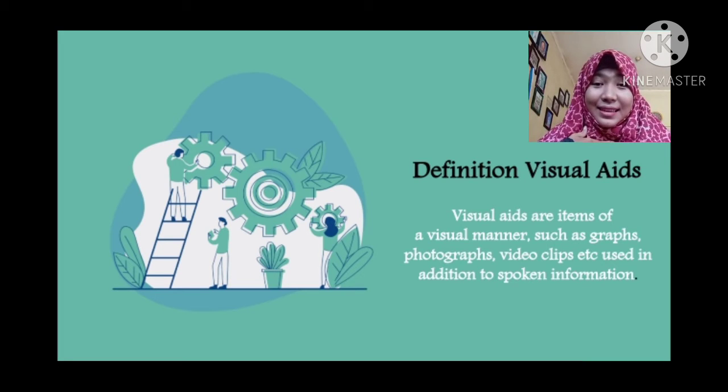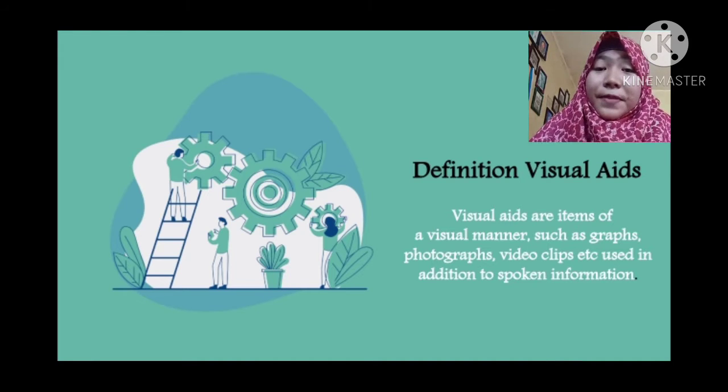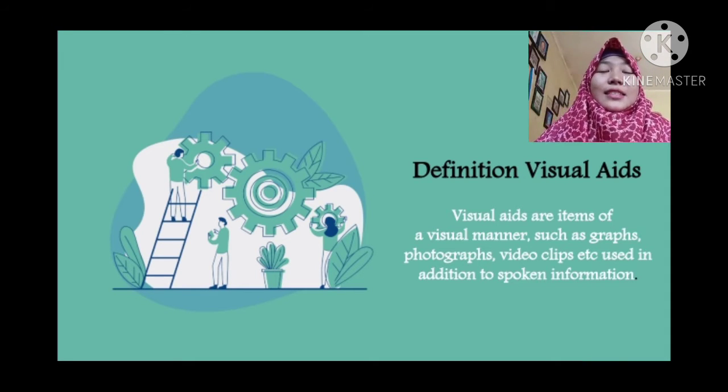Okay, I'm Rahmawati. Now I will explain about the definition of visual aids. Do you know what visual aids are? Visual aids are items of a visual manner, such as photographs, graphs, video clips, and many others, used in addition to spoken information. Visual aids are chosen depending on their purpose. For example,